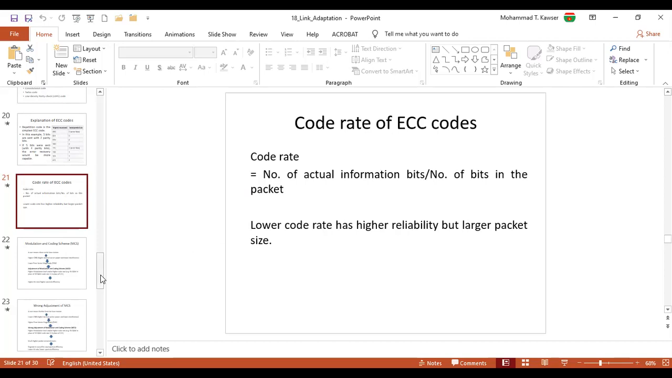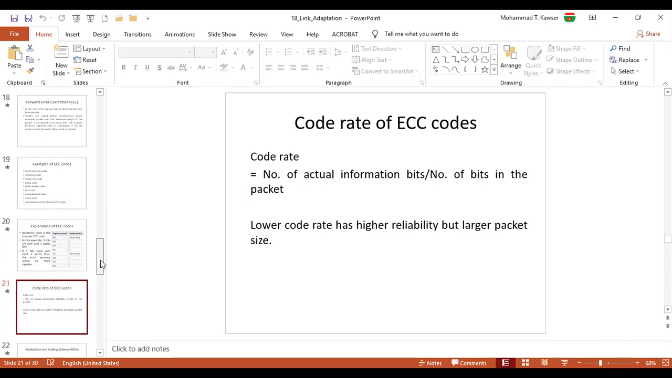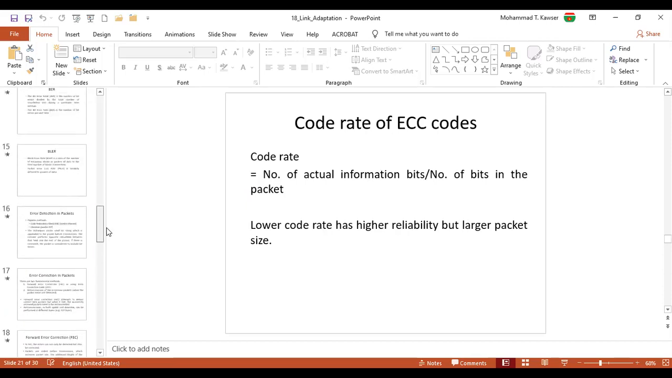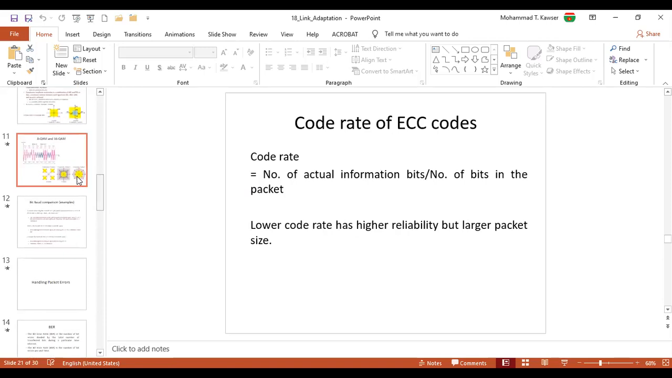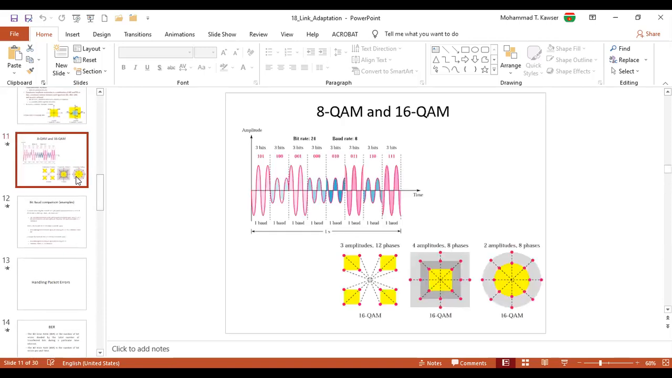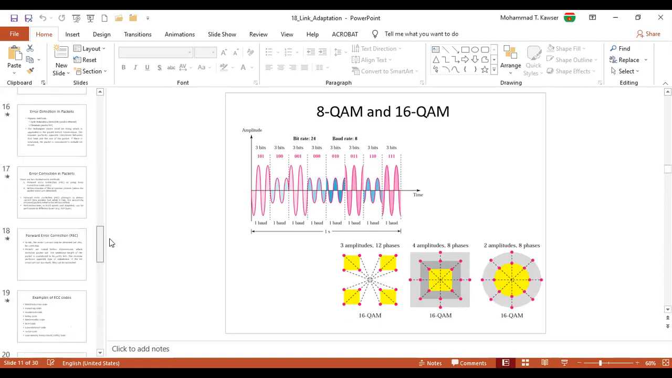But if your decision is not appropriate, if you decide on a very high modulation rate, considering your CINR is poor, but you are choosing a higher modulation rate, or